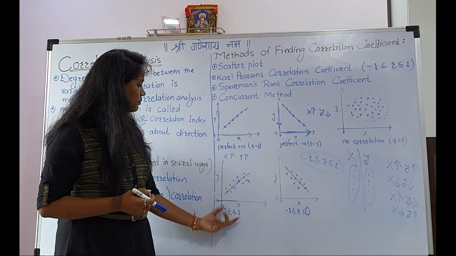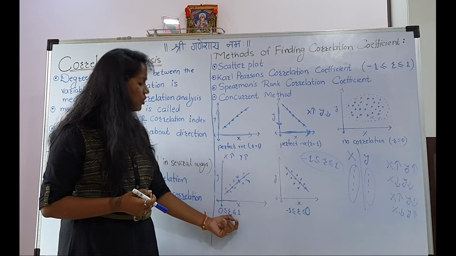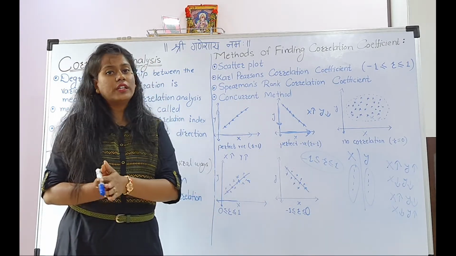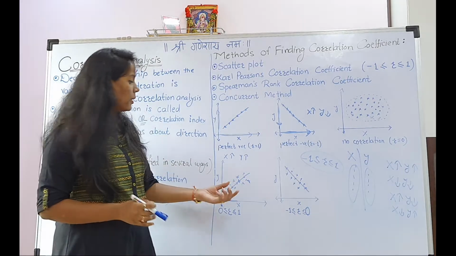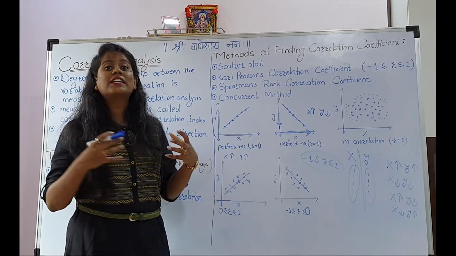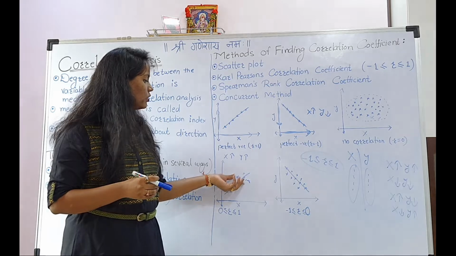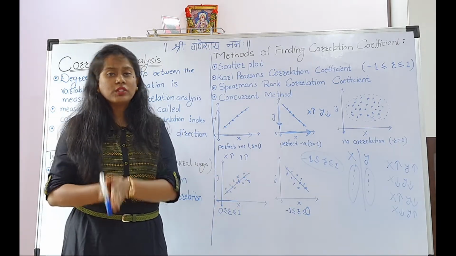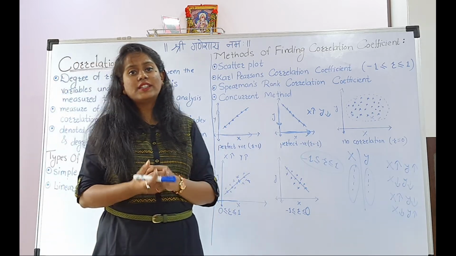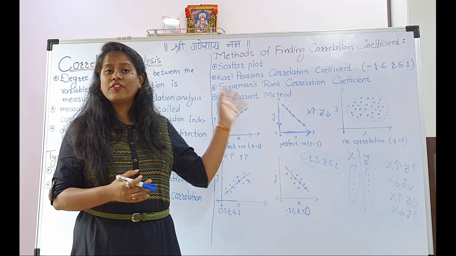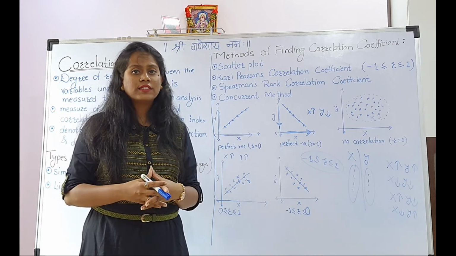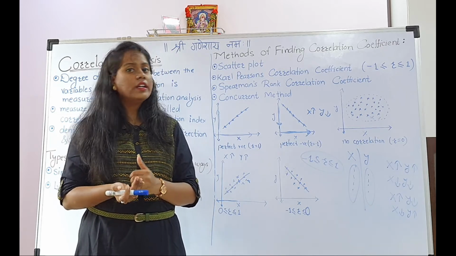Next, we can see here the value of r lying between 0 and +1. That means they are positively correlated, and here we can see they are not perfect. Why? Because the data is not exactly in a straight line. It is clustering around that straight line. That means yes, they are positively related, but it is not a perfect relation. So ultimately, we can check the strength of a correlation with the help of a graphical representation. The less scattered the data is, the stronger the correlation is.